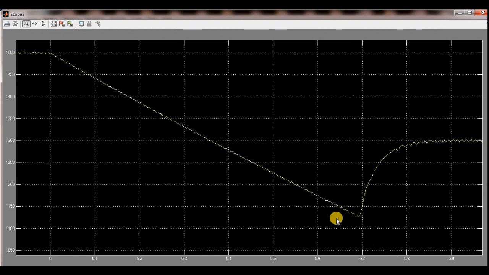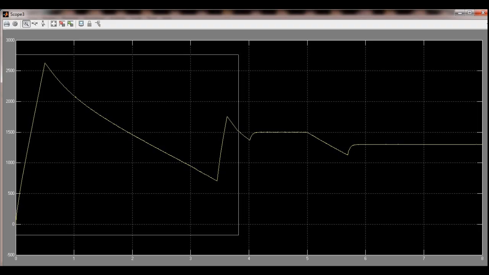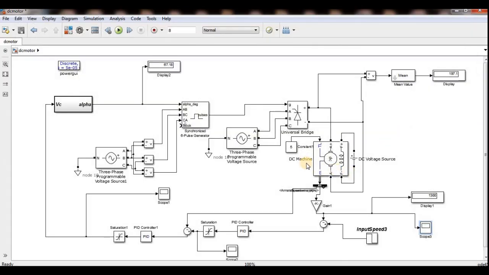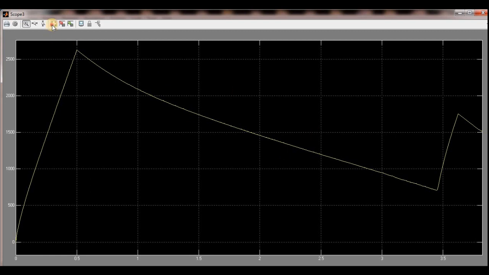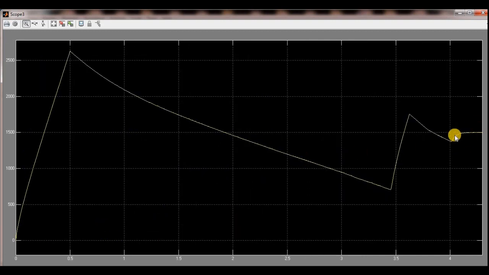See the same thing, but the time period is a little bit increased, and this is my response. It is taking this much time to generate my load torque, I mean my electromagnetic torque, because from the start I am giving 5 units as my load torque. If the initial torque is 0, this time can be adjusted. Once my electromagnetic torque reaches my desired value, which is 5 units, then I can maintain the speed as constant. So the torque is settled at this time. I hope that at this time the torque has been settled.